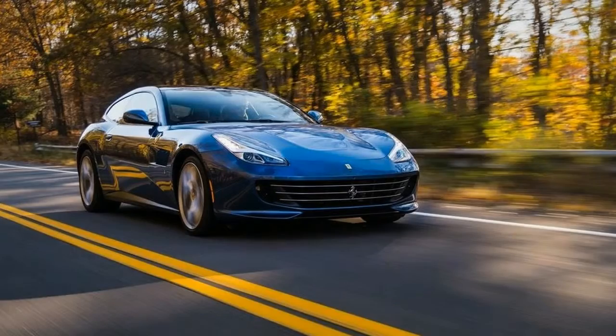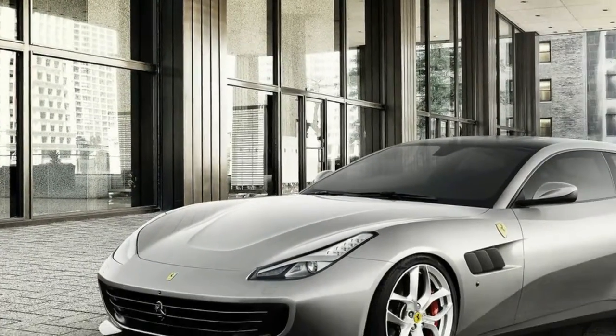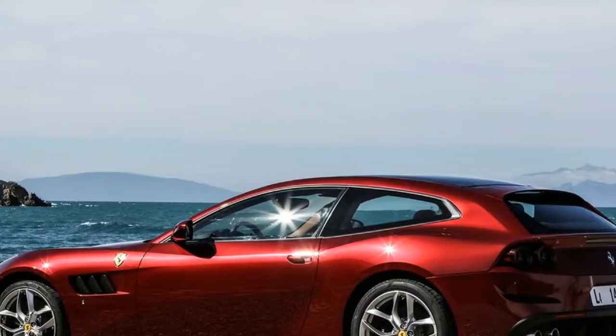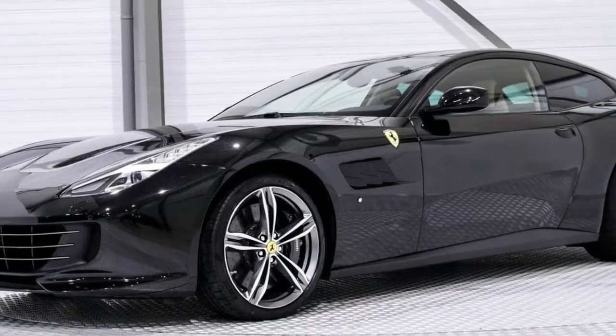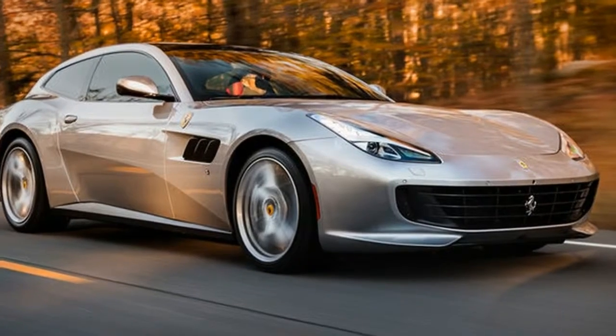The GTC4Lusso, you'll recall, is an evolution of the pioneering Ferrari FF, the 2012 model that brought a shooting brake body style and all-wheel drive to the four-place Ferrari Grand Touring car. The GTC4Lusso massaged the styling, to pleasing effect, as well as other aspects of the car, but left the powertrain